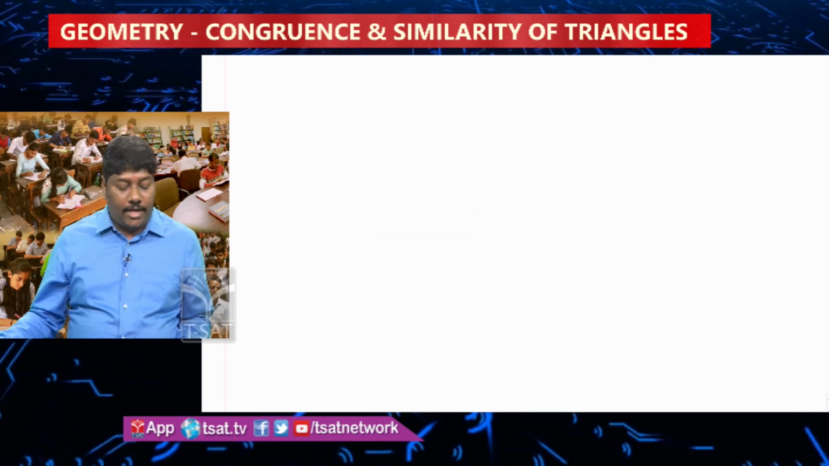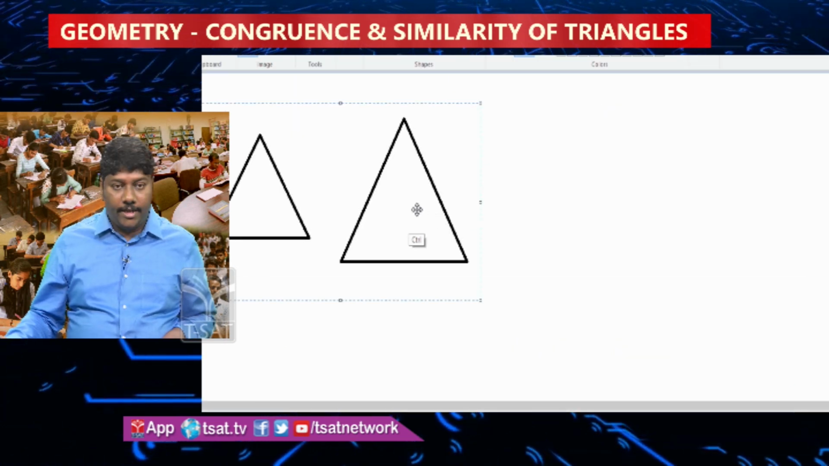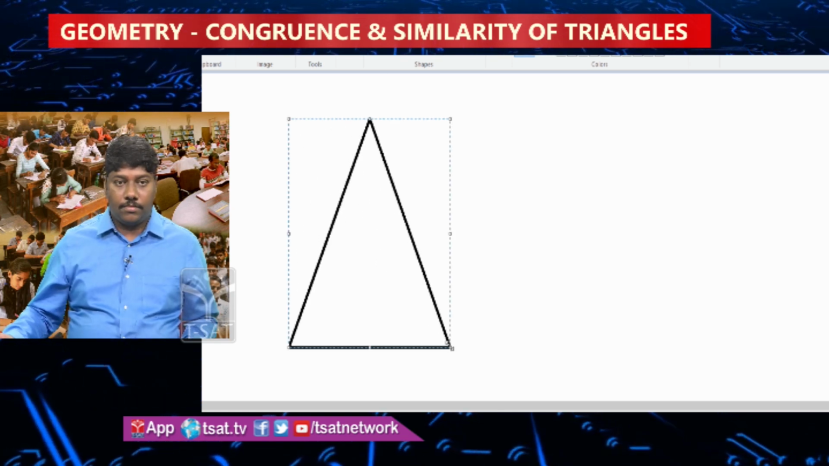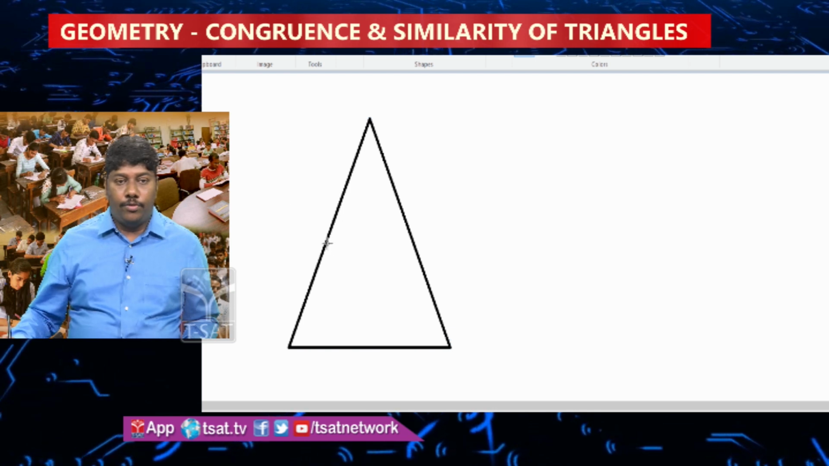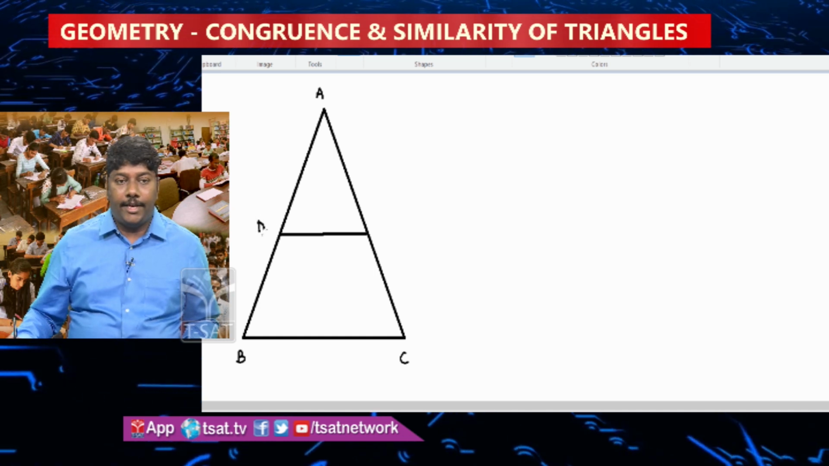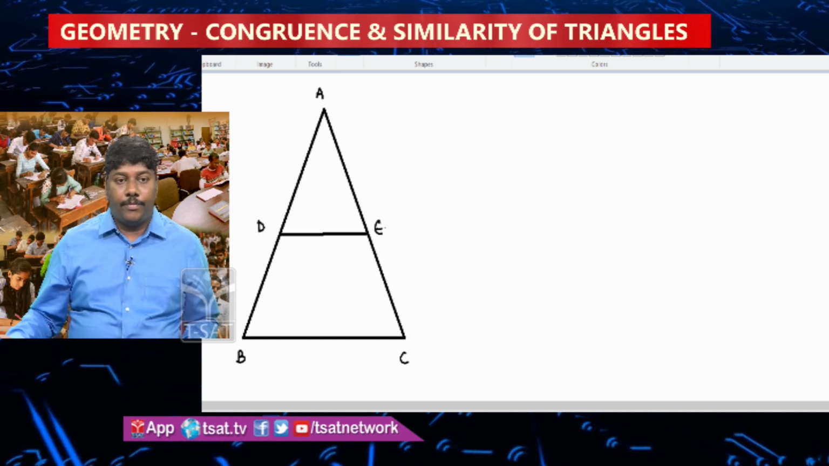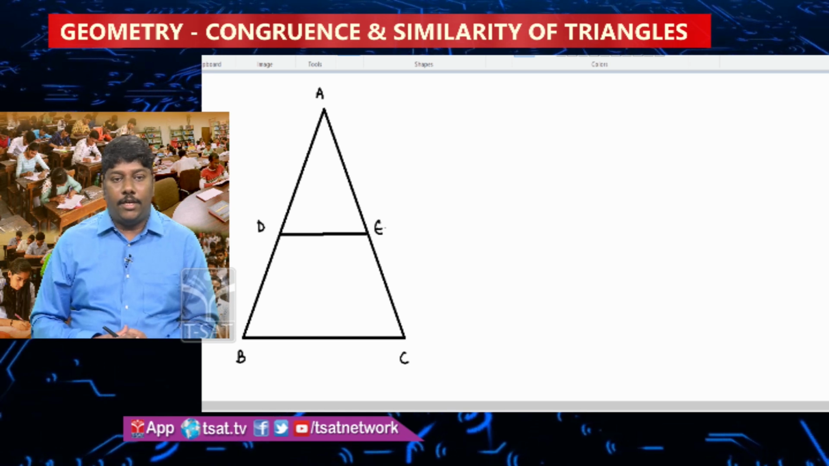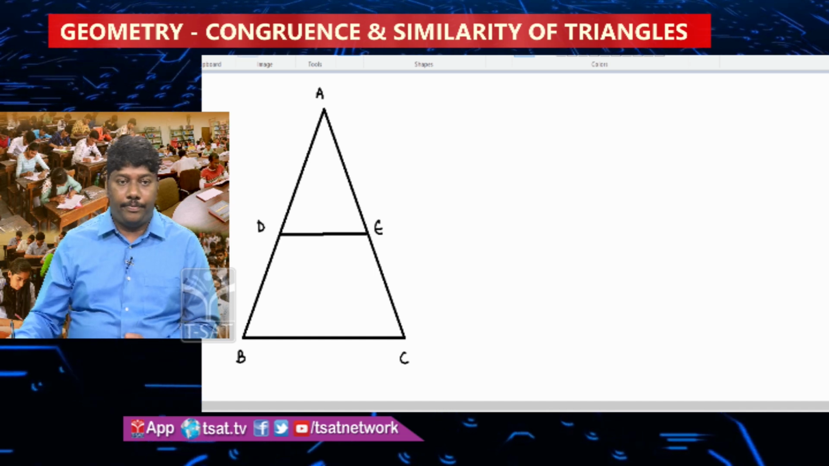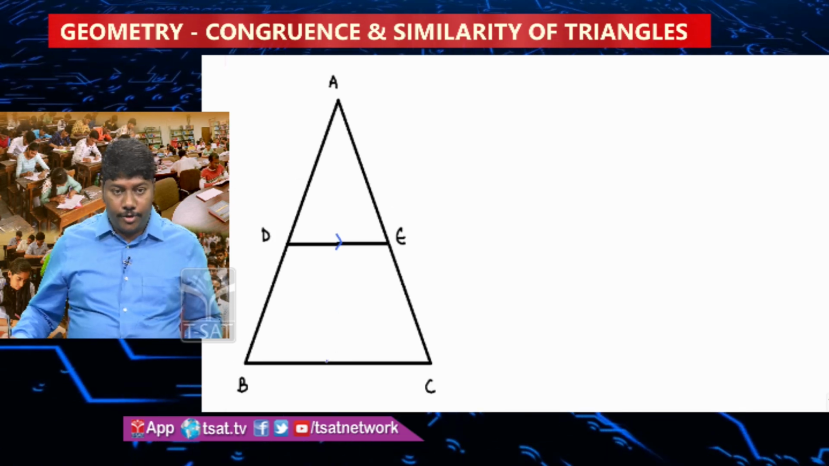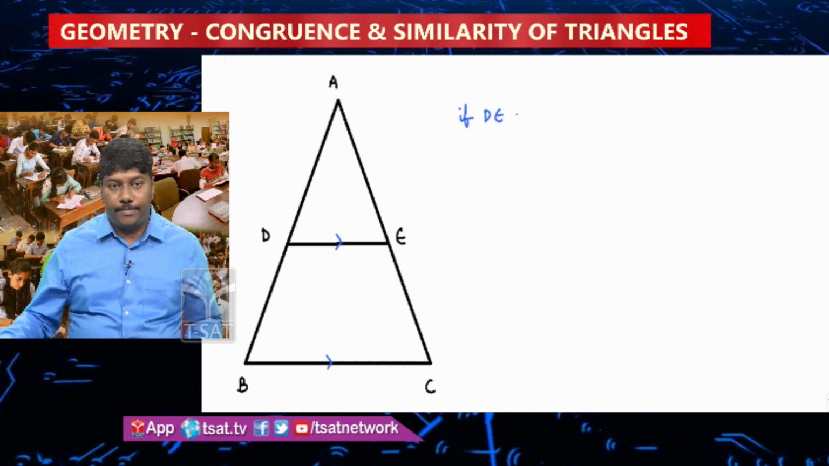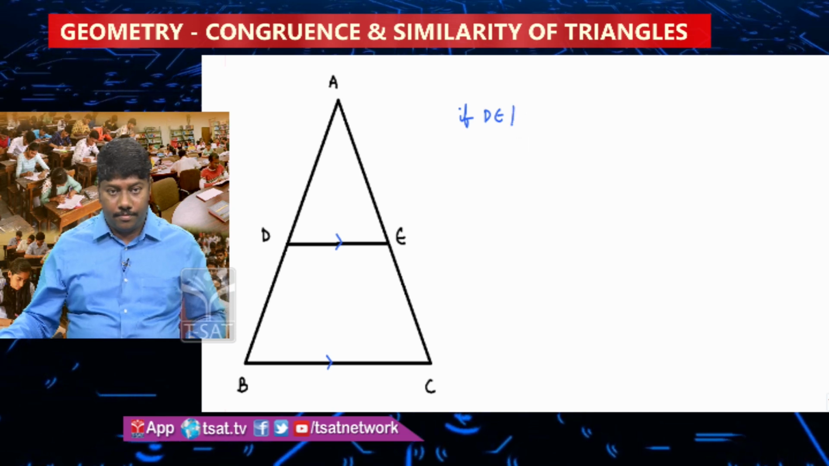Now, the most frequently asked questions are like in a single triangle. I am taking the triangle ABC, and I have taken 2 points D and E. D and E are the 2 points on the sides AB and AC respectively. DE is parallel to BC. Remember, the moment DE is parallel to BC,